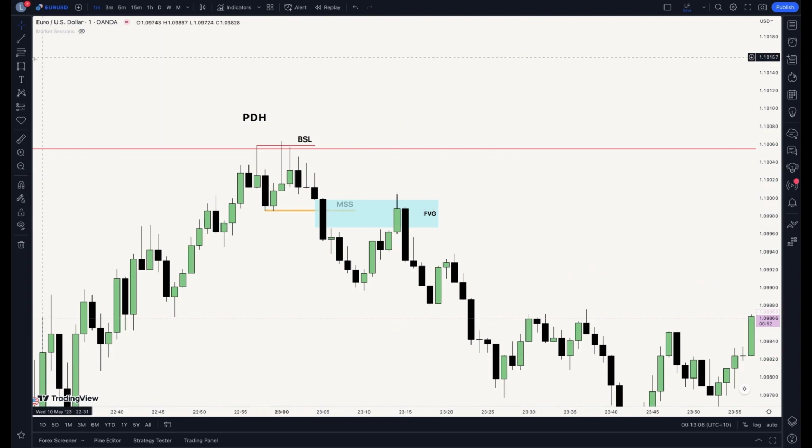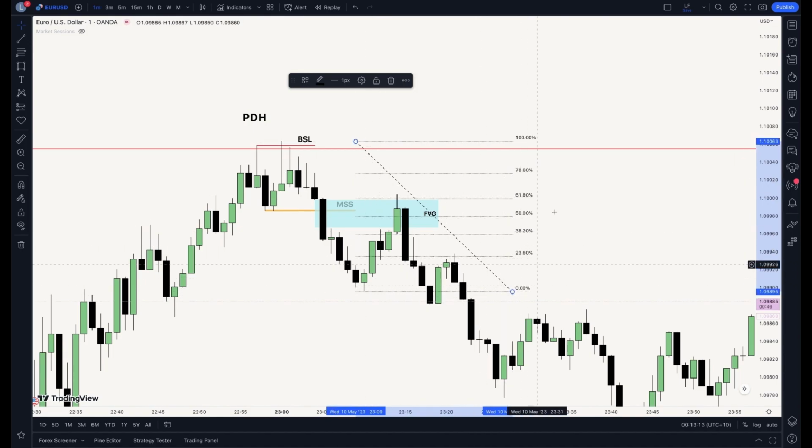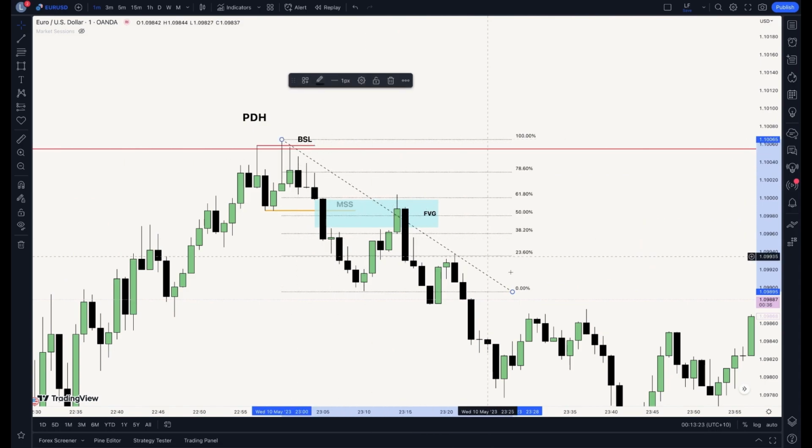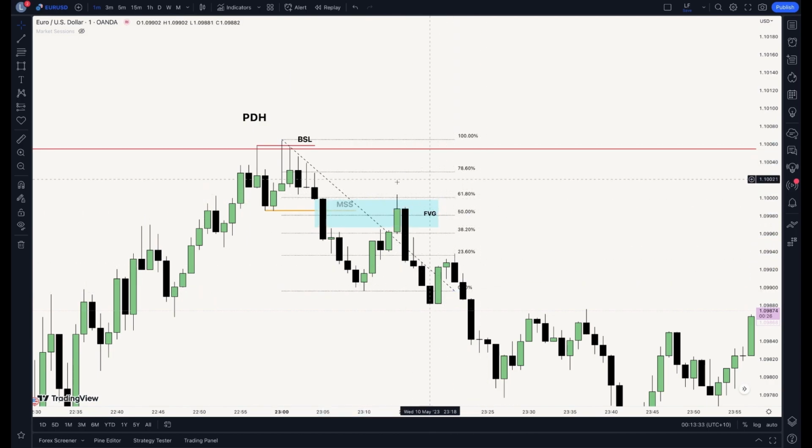What else? You chuck a fib, swing high to swing low. Where is it at? Surprise, surprise. Went down. That's the swing high, right? I should have put it here. That's the swing high. There's the swing low. Purge through the 50% mark. Price is in a premium. Smart money will always want to trade into a premium if it's a sell, and always into a discount when it's a buy. So just to reiterate,